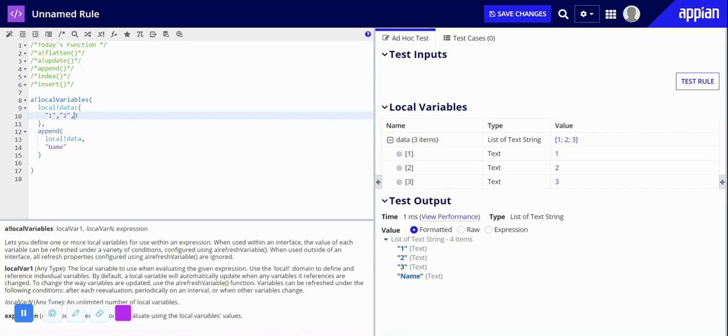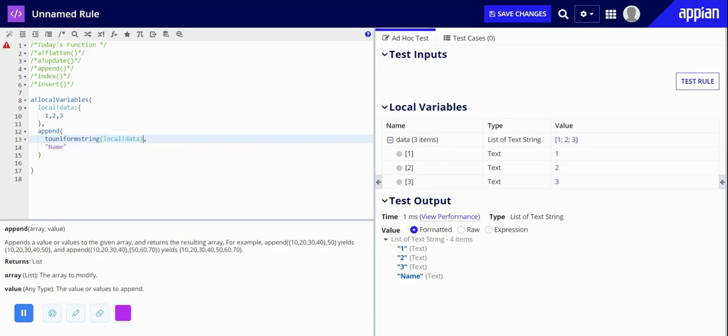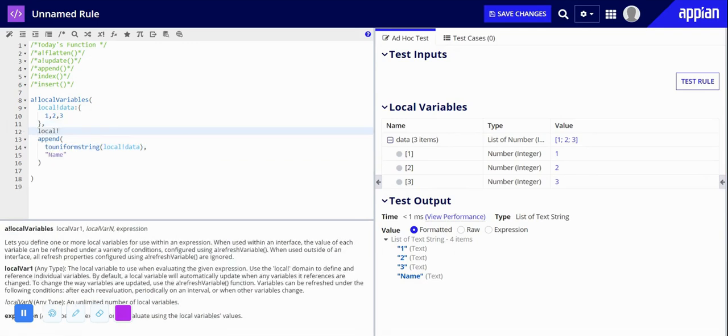One more way to convert the number integer into strings is to use toUniformString. The purpose of toUniformString is if you give the array of values, it will convert each value into the string format. See, the output has properly come even if the local data is number integer. As I have used toUniformString, it has converted the data into string format, and then I can now append my value. To see what the value actually looks like,